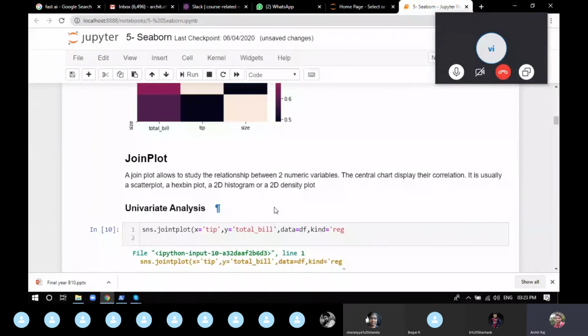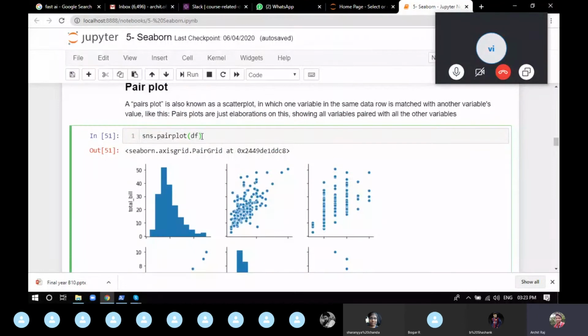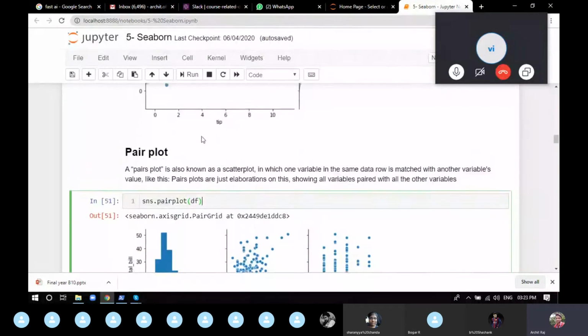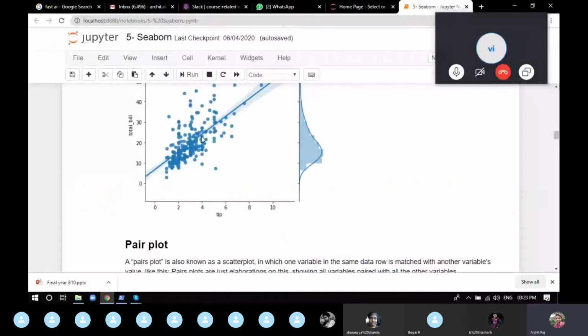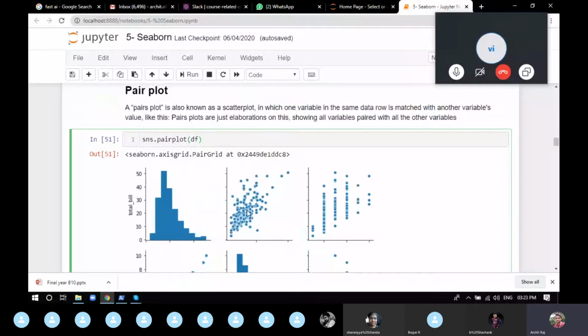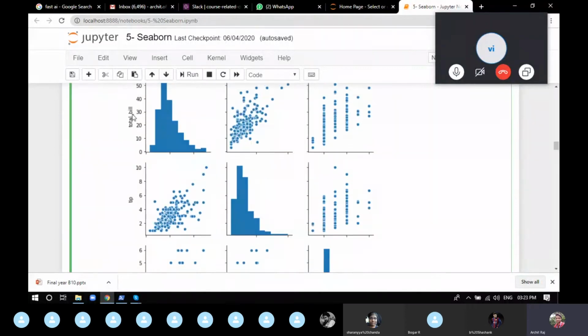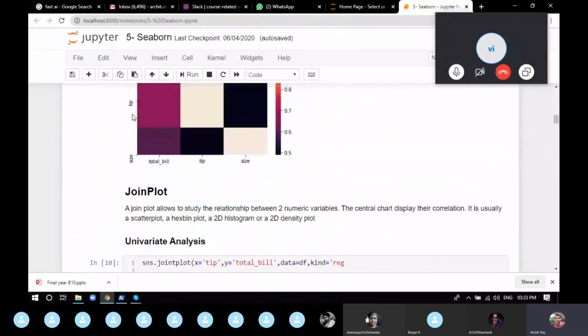Now one more limitation of pair plot, it's not a limitation, that's how the pair plot works. It's only going to work on continuous data, not categorical data. So it's going to take care of tip, total bill, and size. So you can see again, as in a heat map, it's going to make columns: total bill, tip and size, total bill, tip and size. So it's just a matrix of graphs which gives you the relation between one attribute and the other attribute.